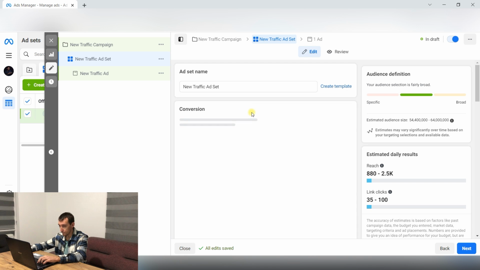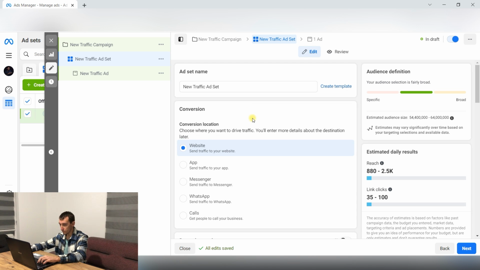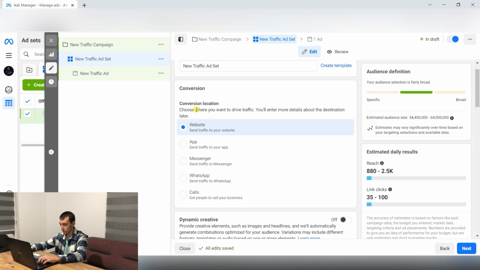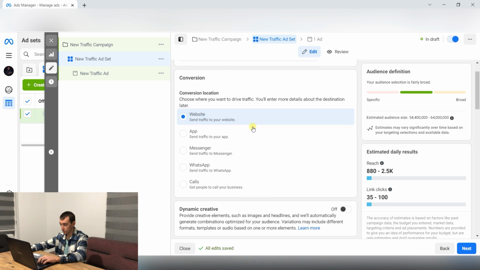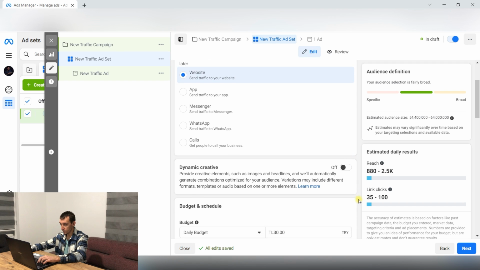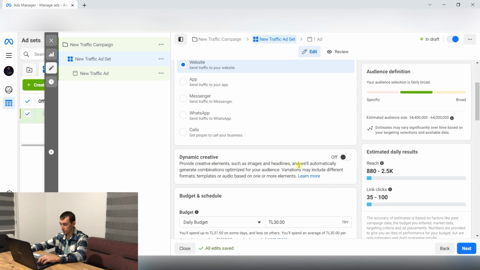Now you can add a name for the group and choose where you want to drive traffic. In our example, you should choose a website because we have made the conversion research of the site and want to try this model. We will leave dynamic creative for the future, but I will say a few words about